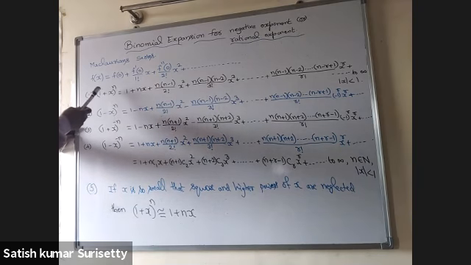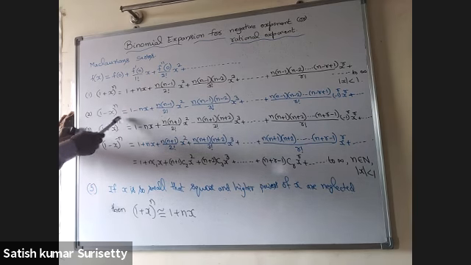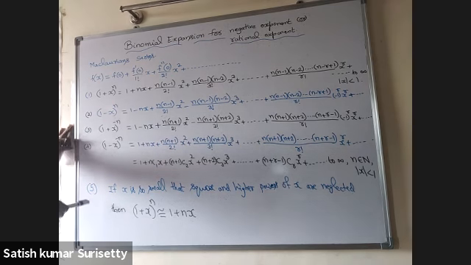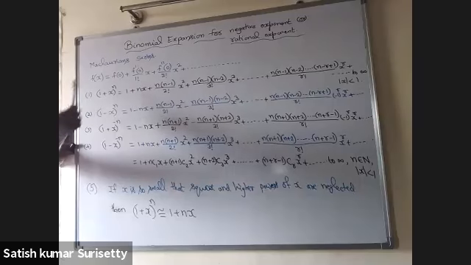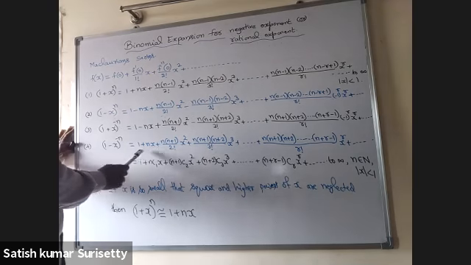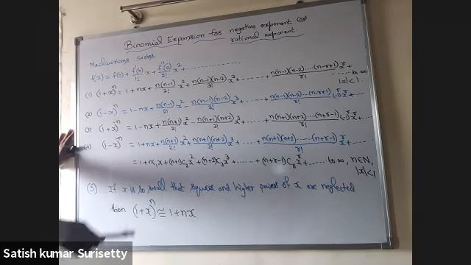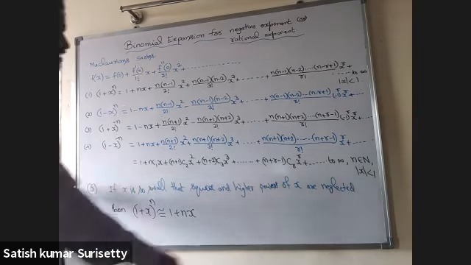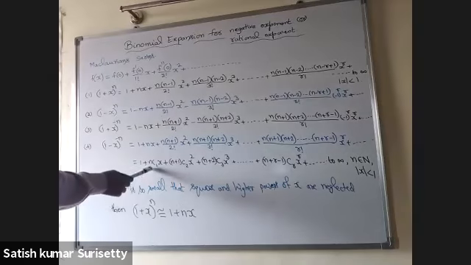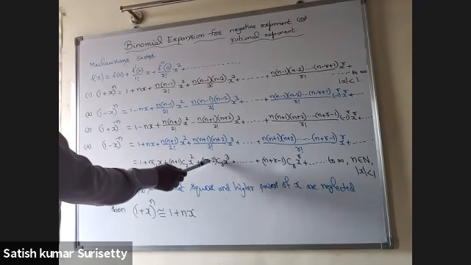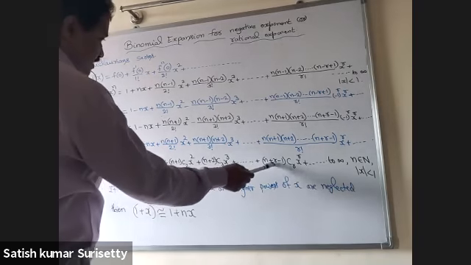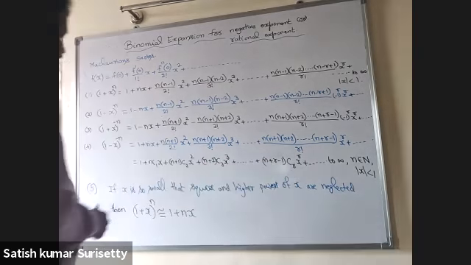Now, if I replace x with minus x, then I'll get (1 minus x) to the power of n. And if I replace n with minus n, then I'll get the series expansion of (1 plus x) to the power of minus n. Next, when I replace x with minus x and n with minus n, it will be (1 minus x) to the power of minus n. All the terms will be plus only: 1 plus nx plus n into (n plus 1) by 2 factorial into x square and so on. Now here, you can use nCr notation provided n is a natural number. That is 1 plus nC1 x plus (n plus 1)C2 x square plus (n plus 2)C3 x cube and so on, (n plus r minus 1)Cr x power r and so on.